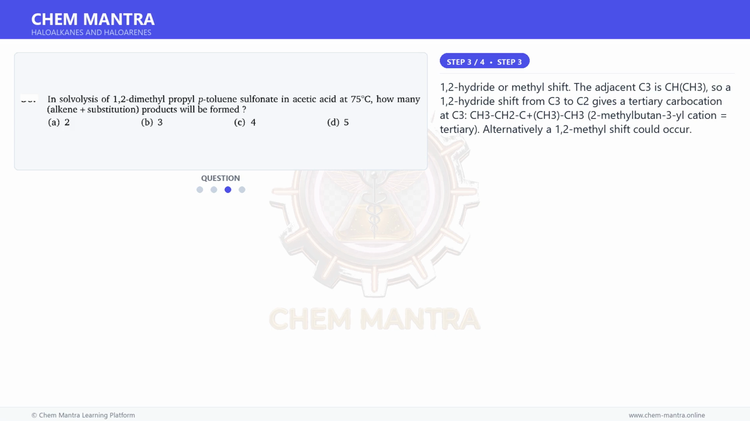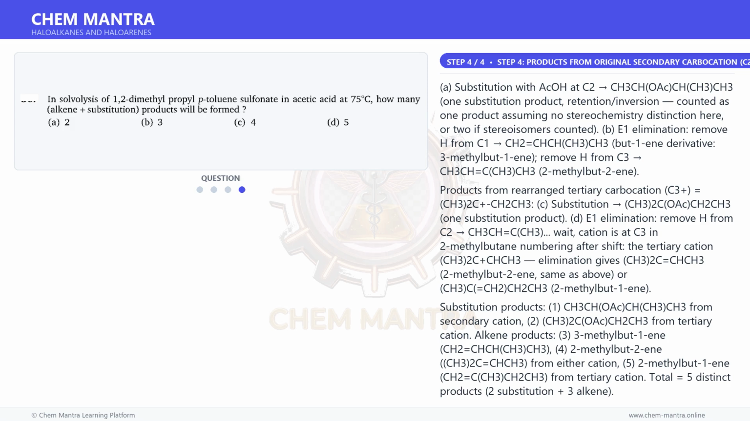1,2-hydride or methyl shift. The adjacent C3 is CH(CH3). So a 1,2-hydride shift from C3 to C2 gives a tertiary carbocation at C3, CH3CH2C+(CH3)CH3, the 2-methylbutan-2-yl cation, which is tertiary. Alternatively, a 1,2-methyl shift could occur. And for the final step,